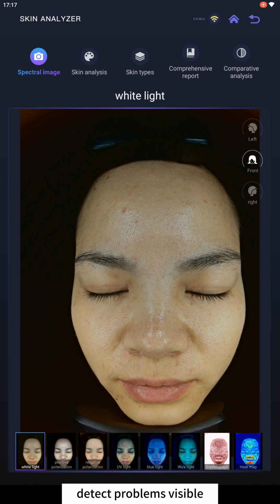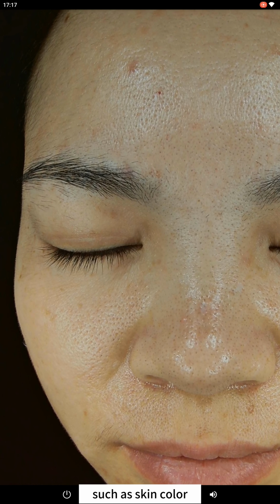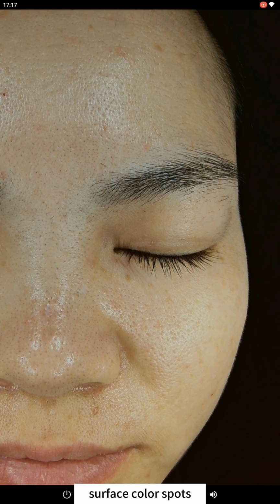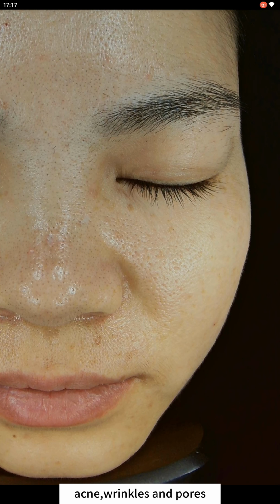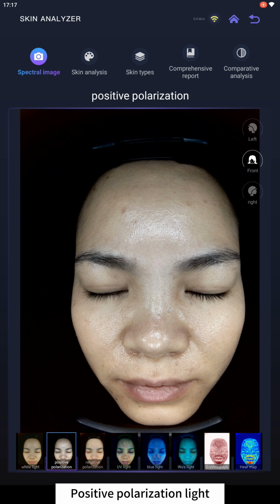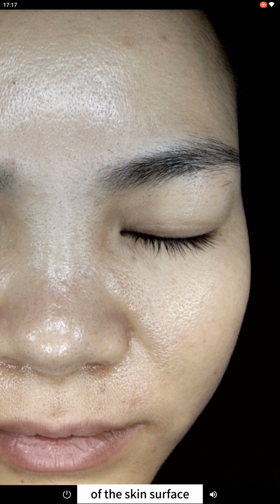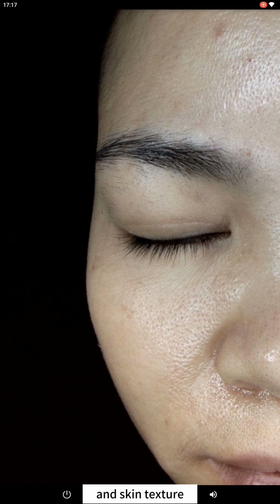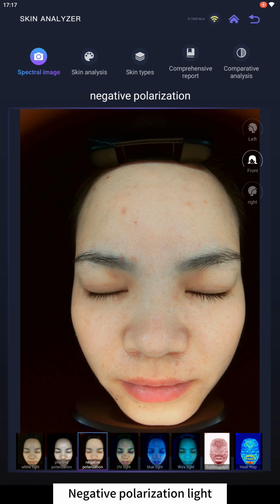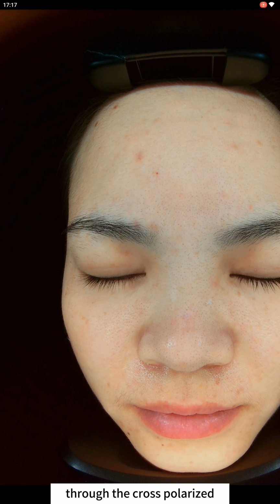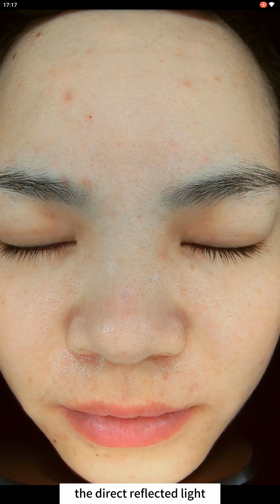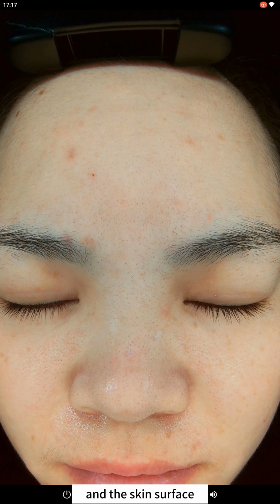White light detects visible problems, such as skin color, surface color spots, acne, wrinkles, and pores. Positive polarization light emphasizes the optical reflection of the skin surface and can detect sebum and skin texture. Negative polarization light, through the cross-polarized lens group, weakens the direct reflected light, and the skin surface sensitivity can